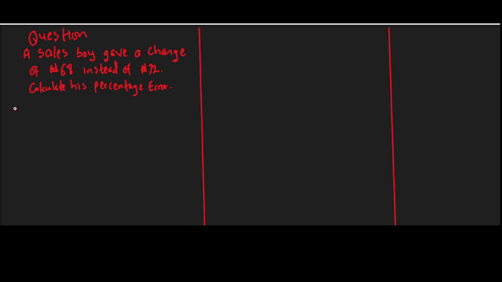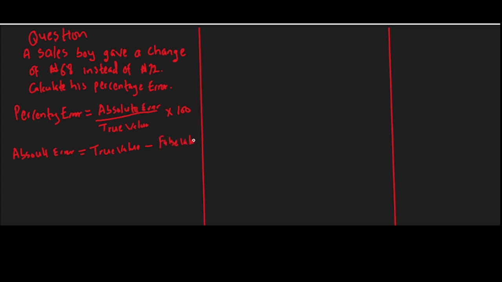The formula for calculating percentage error is equal to absolute error over true value times 100. Now, what is our absolute error? Our absolute error here equals true value minus